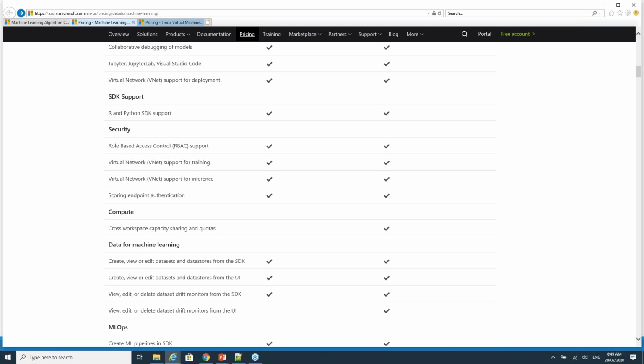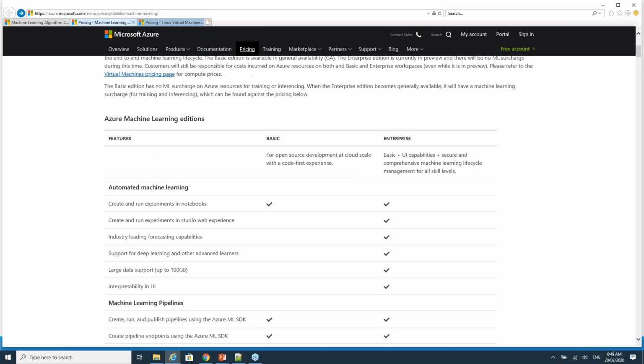So these are different features, but we are looking only from an automated machine learning perspective. These are all the other things you can still do with those editions. Thank you. Pricing-wise, it varies depending on the type of contract you're using, but we are looking at at least $200 per month. Okay.